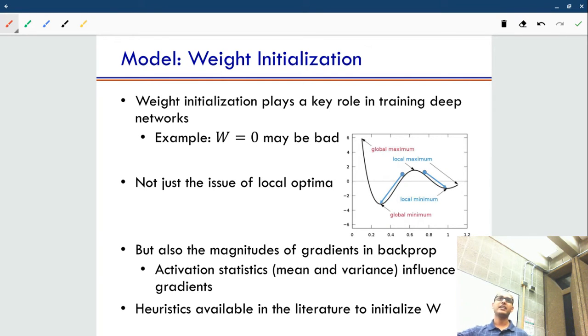Even if the weights are zeros, your forward pass may reach some loss value. Maybe biases can help you counteract and give you some positive activations at some layers, but it's not clear. And so people have looked at this. First of all, the loss surface. This is just an illustration for a 1-dimensional problem, whereas the number of neurons that we have at a single layer,